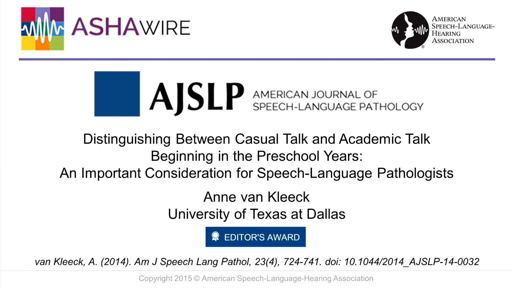Academic talk is really the special kind of talk we use when we're engaged in teaching and learning. So it's the kind of language use that an adult and child would use together when they're building new knowledge, or the adult's transmitting knowledge, or perhaps the child's displaying knowledge that he or she already has. And one of the easier ways to understand this kind of register of language is looking at how it contrasts